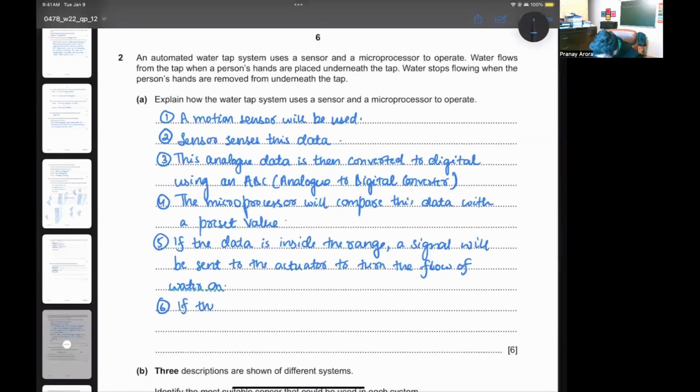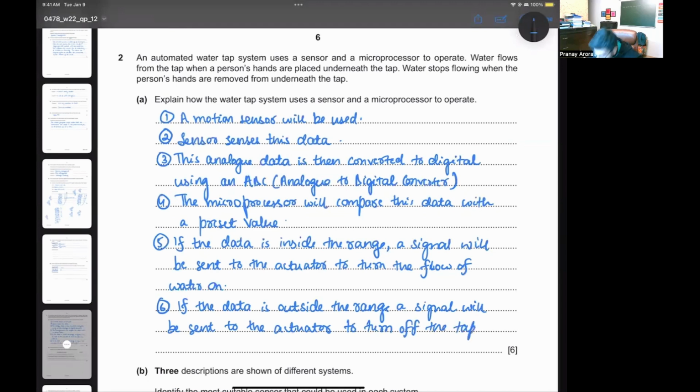If the data is outside the range, a signal will be sent to the actuator to turn off the tap, right? And at the end, we'll write that this whole process repeats in a loop,